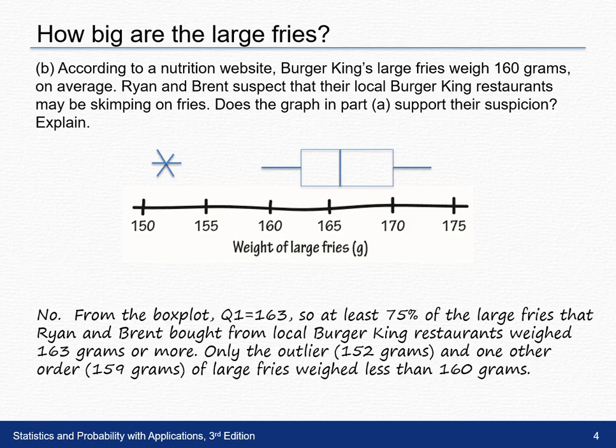This does not support their suspicion. As you can see in the box plot, Q1 is 163 grams. So what that means is 75% of these large fries weigh more than 163 grams. In our list and in our box plot, you can see that there's only one fry that is much further below at 152 grams, and then a second one at 159 grams, weighing less than 160. So their suspicion is not